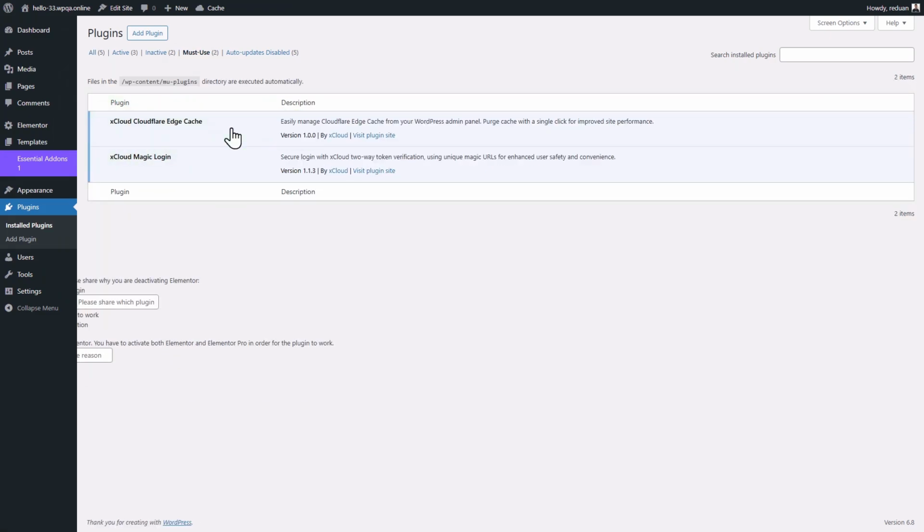Now, whenever you need to purge cache instantly, just head to the header menu in your dashboard and click Purge Cache. Super easy. And that's how easily you can enable the Edge full-page cache in xCloud and drastically boost your